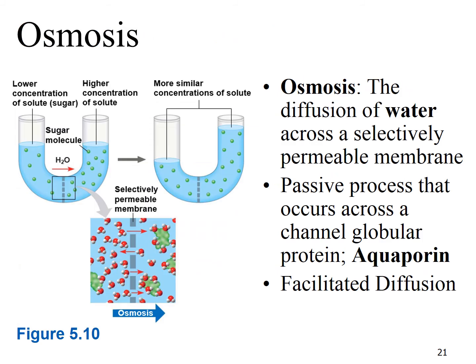So osmosis is a specific type of diffusion that involves water, but it's still going to be a passive process in that it doesn't use energy to move the molecules. The water molecules are just moving based on the concentration gradient from an area of higher concentration to lower concentration,